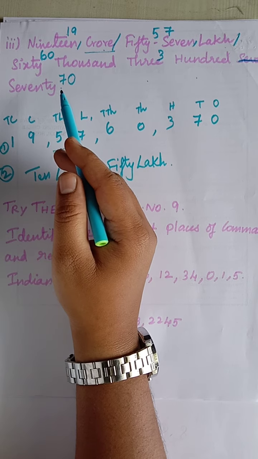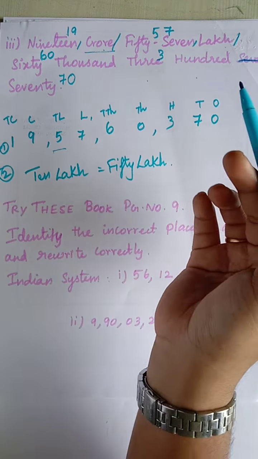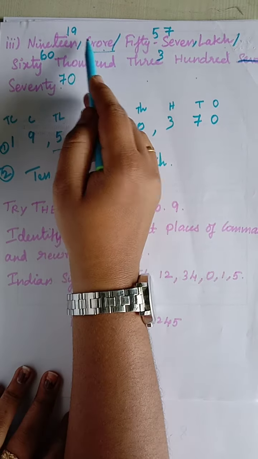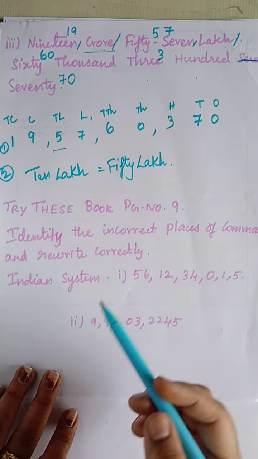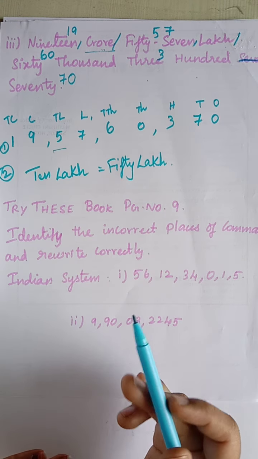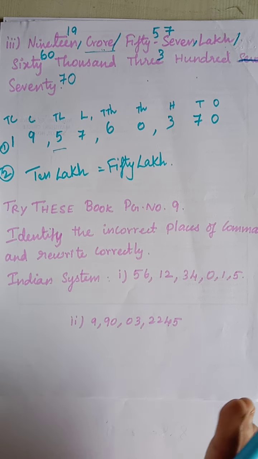So by seeing the ordinary number, that is, yes, 19, how do we write it? 19. So likewise you have to split it and write. By connecting the number and place value, you can easily form the numerals. Okay, after that we have to find the place value of 5 alone. So this is an easy way of finding the numerals.